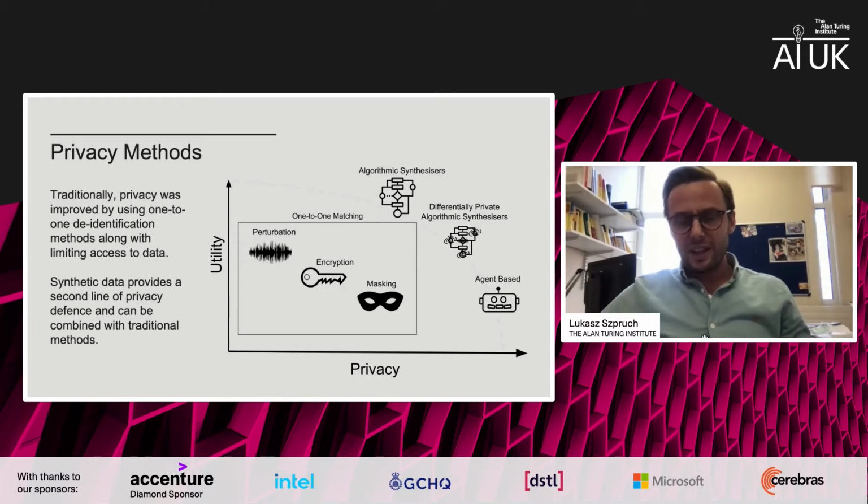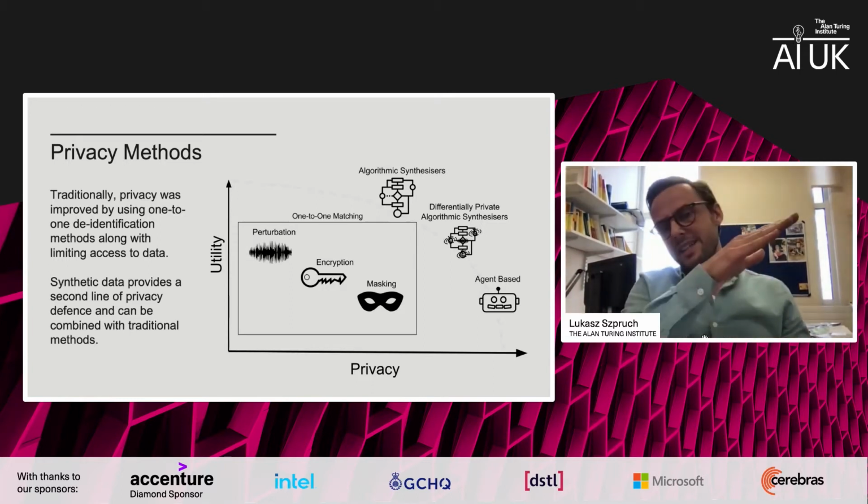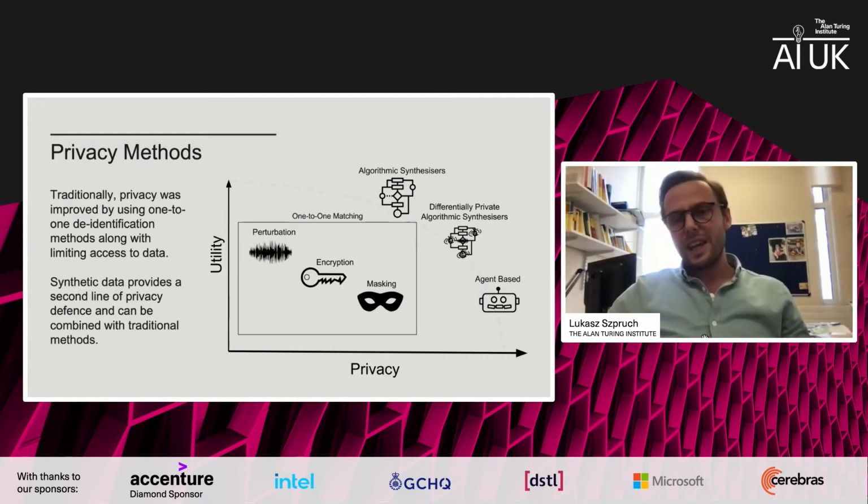So the reason that people are excited about this is that as we're trying to obfuscate original data using classical methods, i.e. by adding, like I said, more noise, then typically the utility and the value of that data is going down. We do too much perturbation, we change the data too much for it to be useful. On the other hand, when using synthetic data,